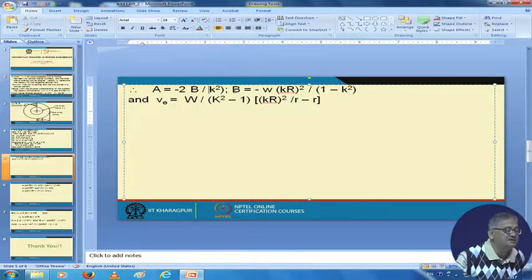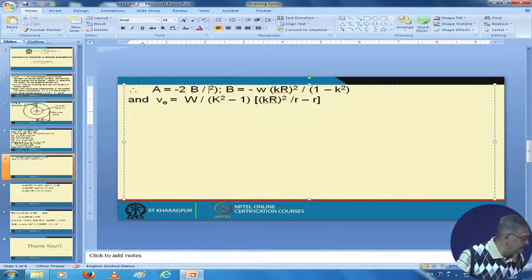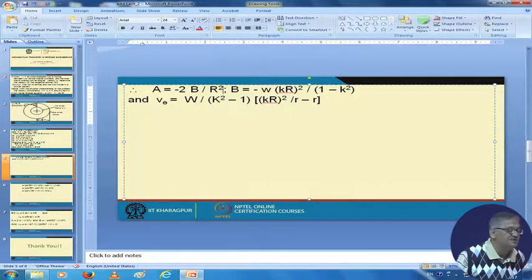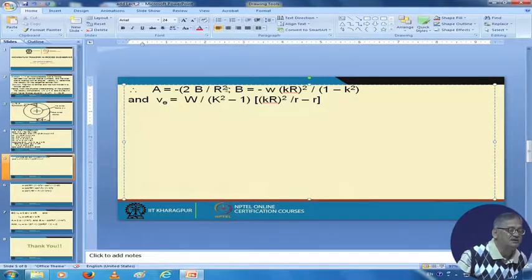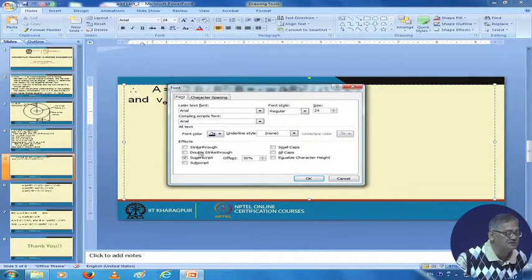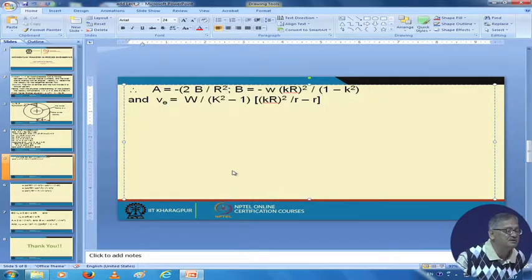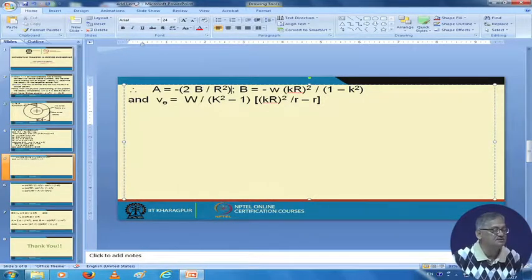So instead of this, let us write it to be R square, right. So minus 2B, so let us make one bracket here. So A is equal to minus 2B by R square, right,